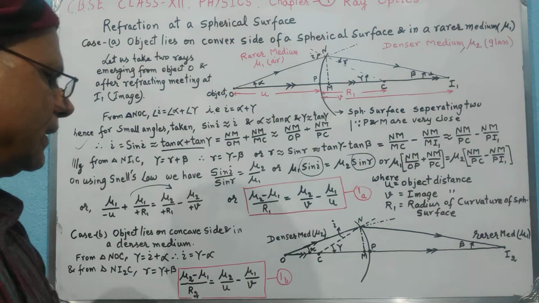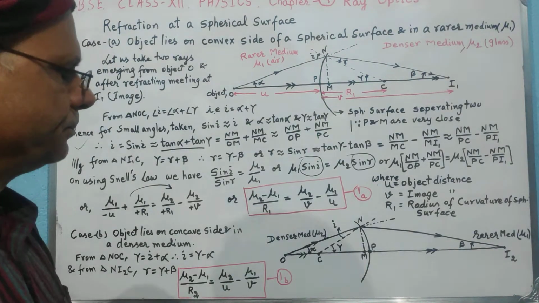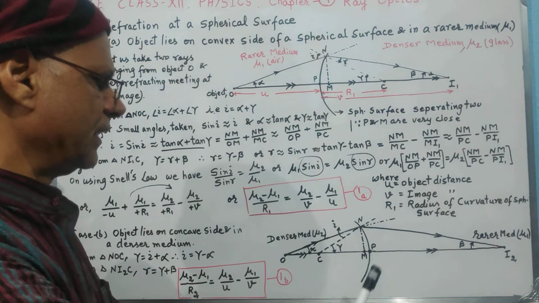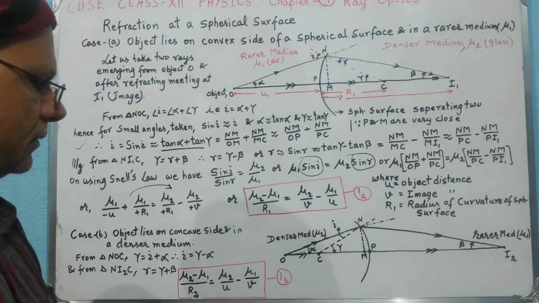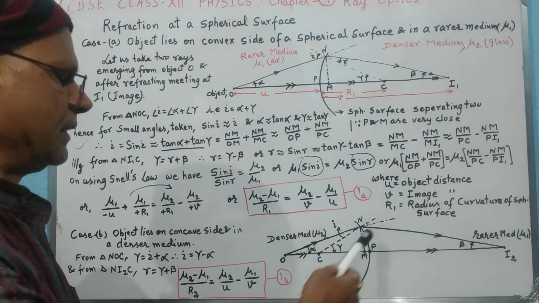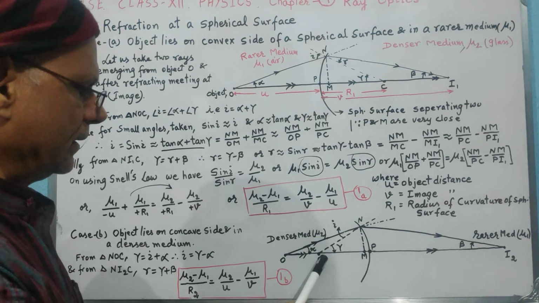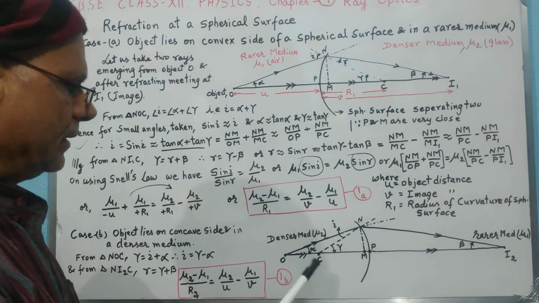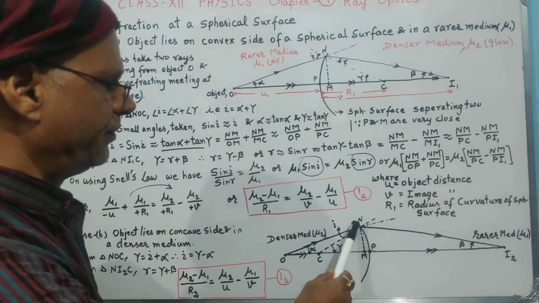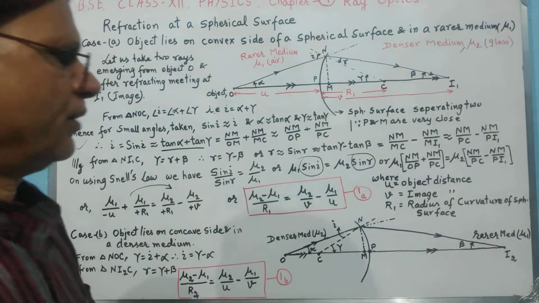Now we take a different case, case 2, when the object lies in a denser medium and lies in front of a spherical surface which is concave on the side of the object. You will have this type of diagram. Object is over here and we take two rays. This is the center of curvature, and one ray is incident at point N on the spherical surface. Due to refraction, it will move away from the normal, and say the image is formed at some point I2 which is real,